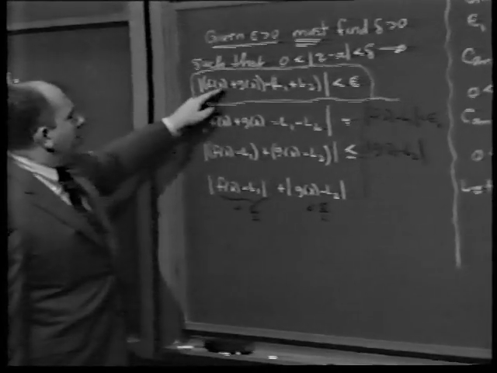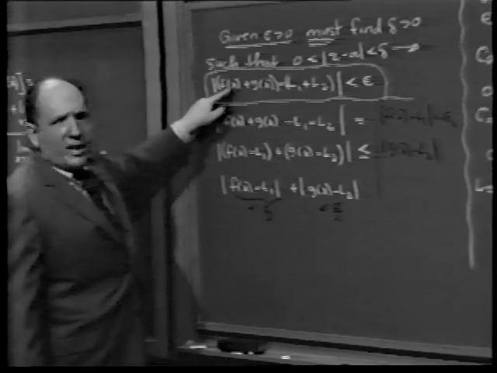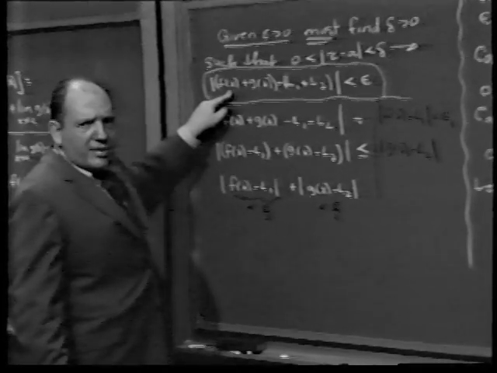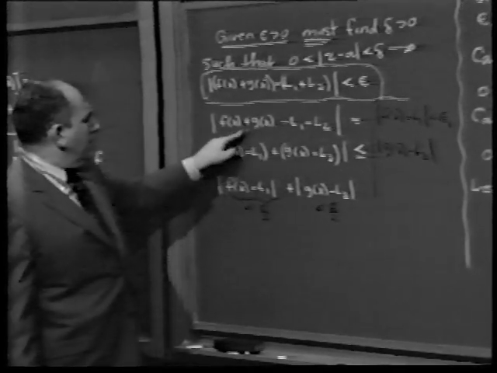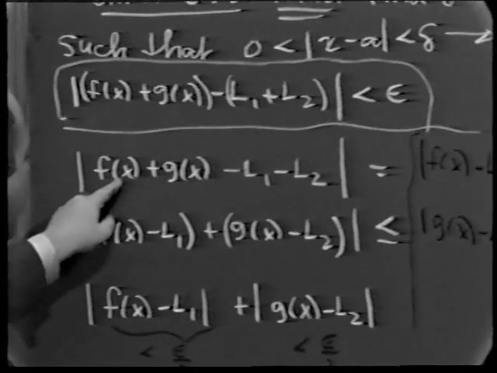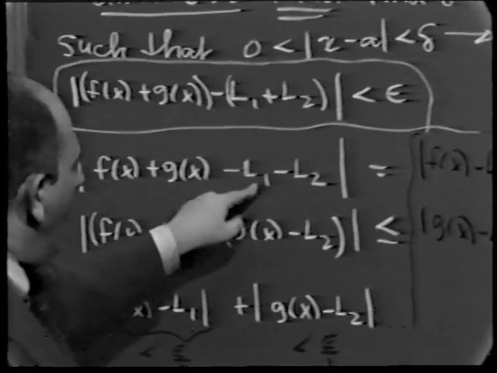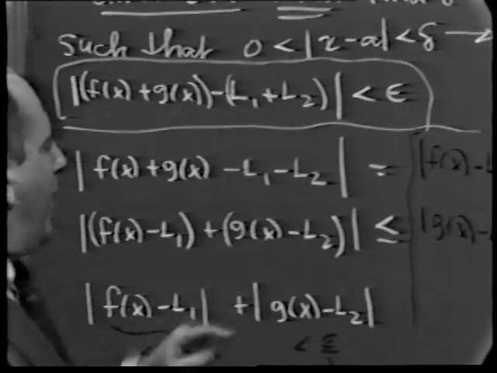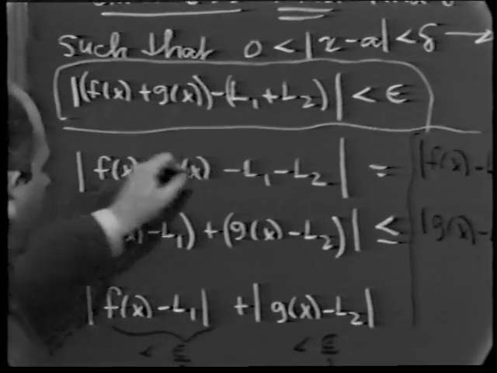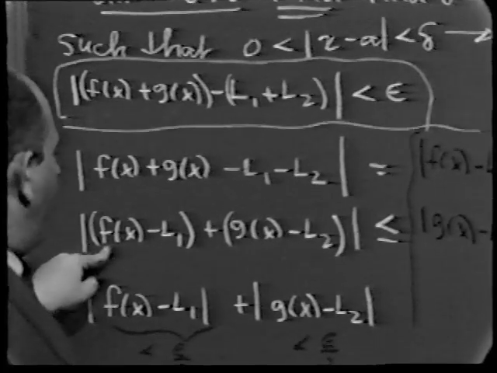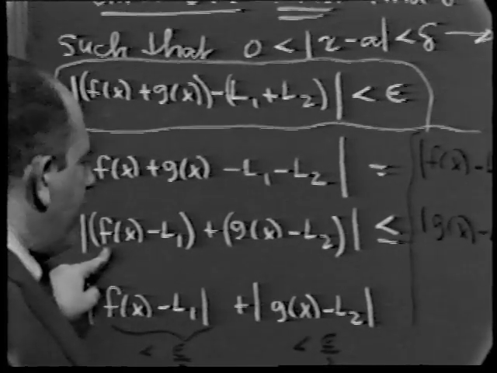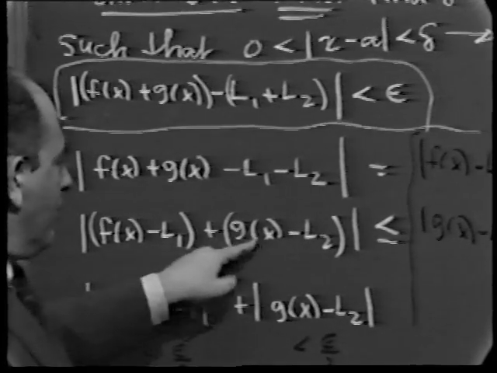The first thing I observe is that this can be rewritten. See, no calculus in this, notice, just plain ordinary algebra, arithmetic. This can be rewritten so that I can group the f of x and L1 together and g of x and L2 together. In other words, that this is indeed nothing more than what? The absolute value of the quantity f of x minus L1 plus the absolute value of the quantity g of